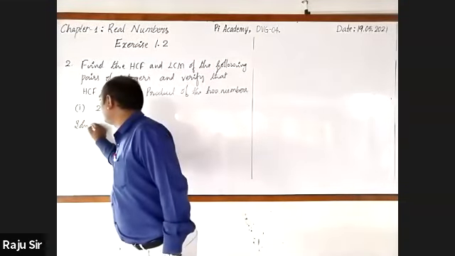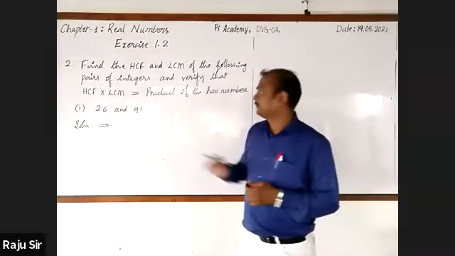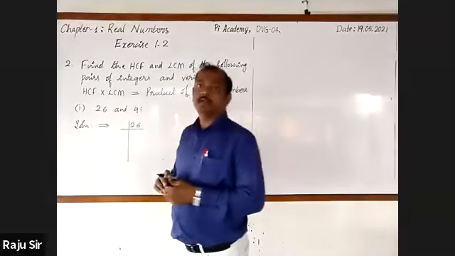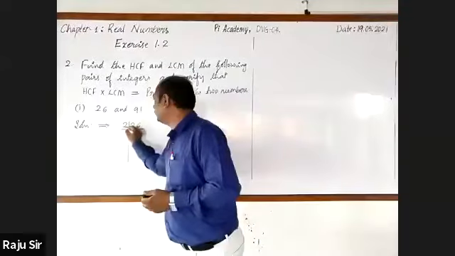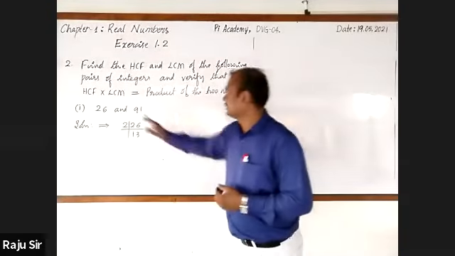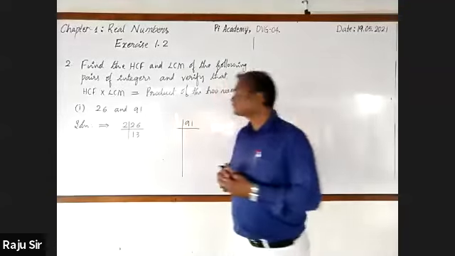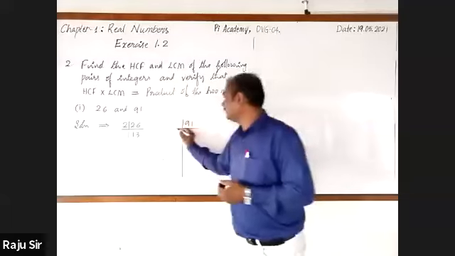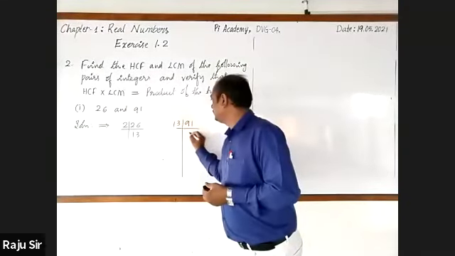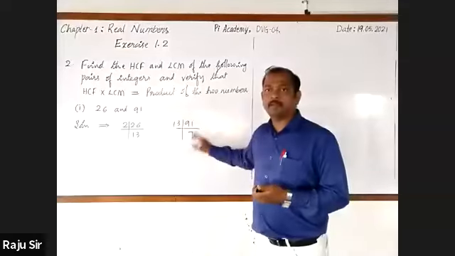Yes. The very first step is you have to find out the prime factorization of both the numbers. First, I'll take 26. Please start writing with me. As it is an even number, it can be divided by 2. 2 13s are 26. Second one, it is 91. 91, we know that it is divisible by 13. 13 sevens are 91. Or you may also write it as 7 13s are 91. 7 is a prime number. You may stop over here.